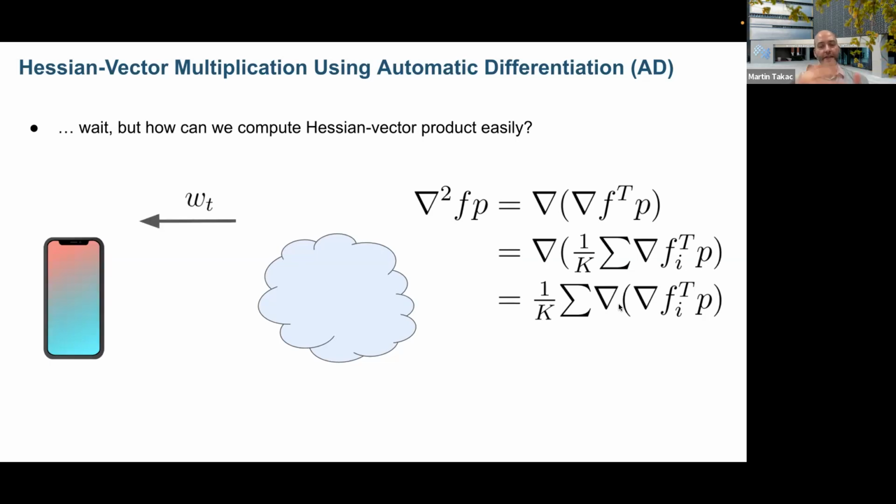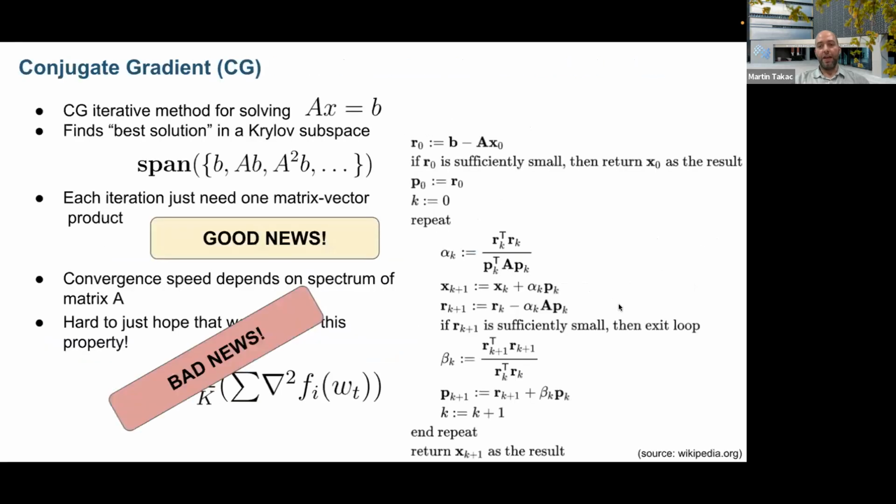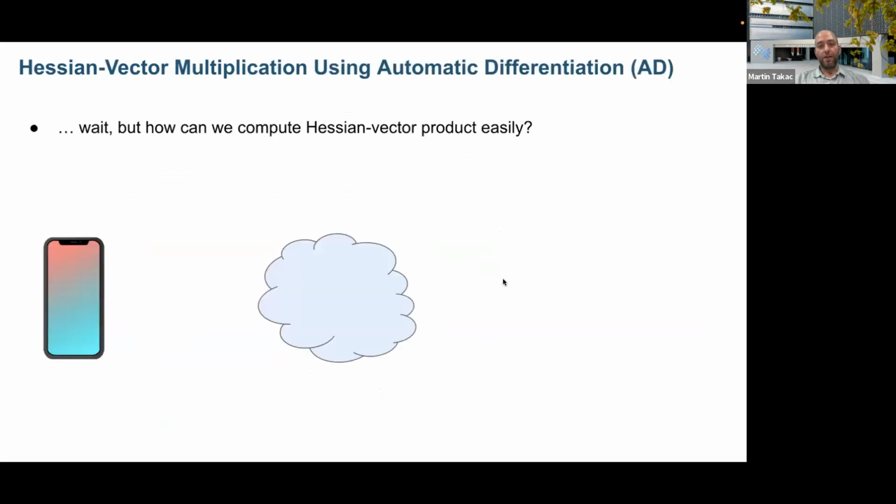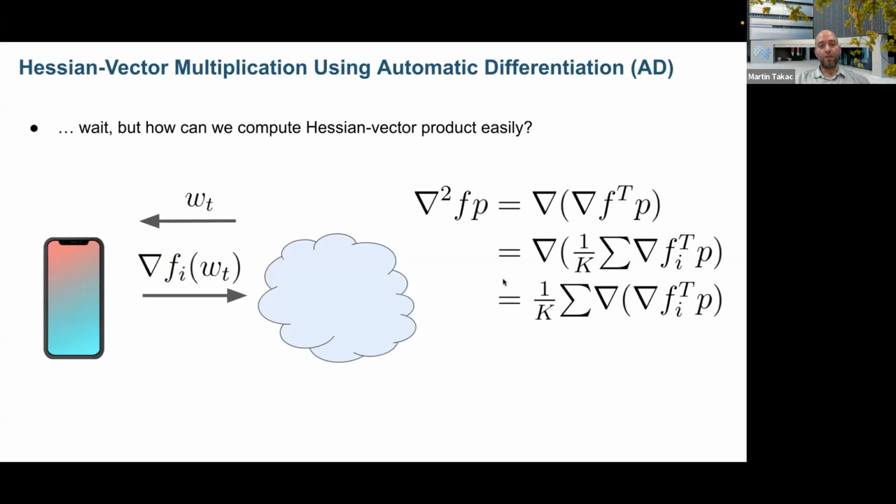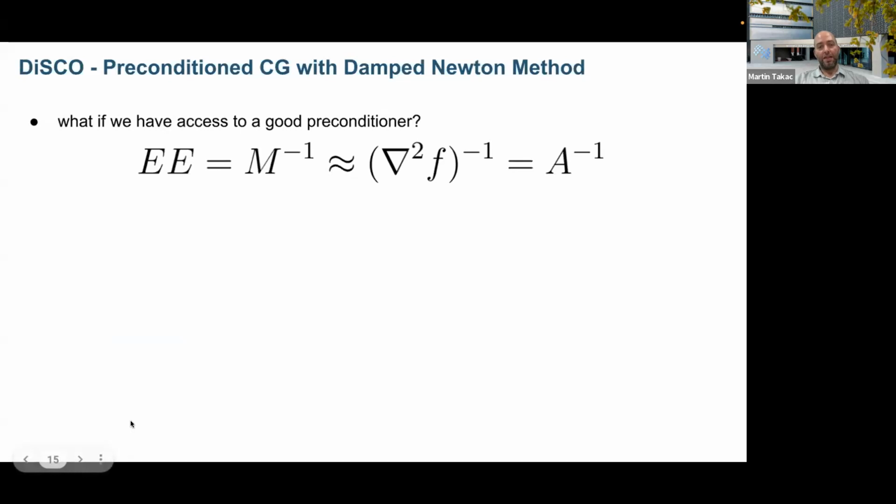So how can we use the whole CG here? I need to compute the right-hand side, which is the gradient. I need to communicate gradients. Afterwards, in each step, I will get some vector P. I need to compute the Hessian vector product. So in every step, I will get the model parameters, compute my local gradient, and send it to the server, to the cloud. It will compute maybe the average of the gradients or some different directions, some vector space. And afterwards, I compute my local Hessian vector product. I send it to the server, and it can compute the average of those vectors from different workers, which is pretty easy. But still, it doesn't guarantee that the Hessian will be very nice.